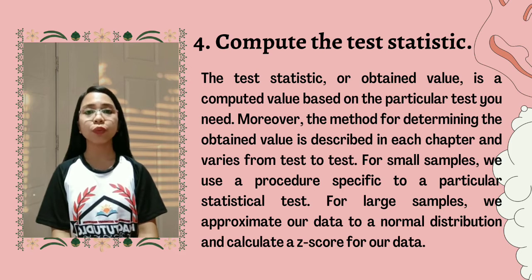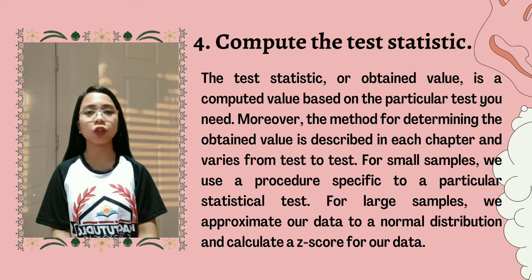For small samples, we use a procedure specific to a particular statistical test. For larger samples, we approximate our data to normal distribution and calculate a z-score for our data. So the test statistic calculation varies depending on the statistical test performed. The test statistic is usually determined by dividing the patterns in your data, that is the correlation between variables or the difference between groups, by the variance in the data, that is the